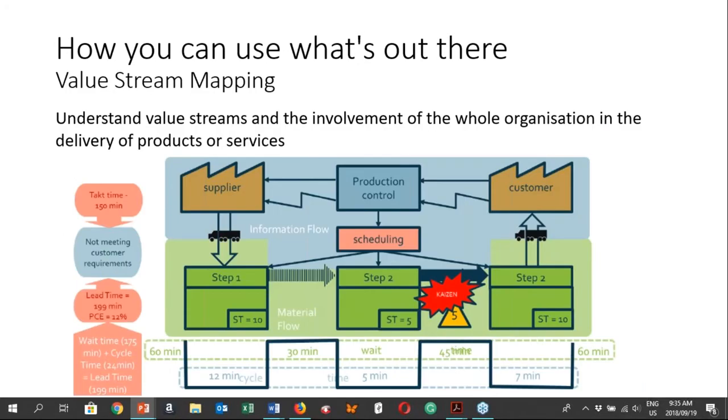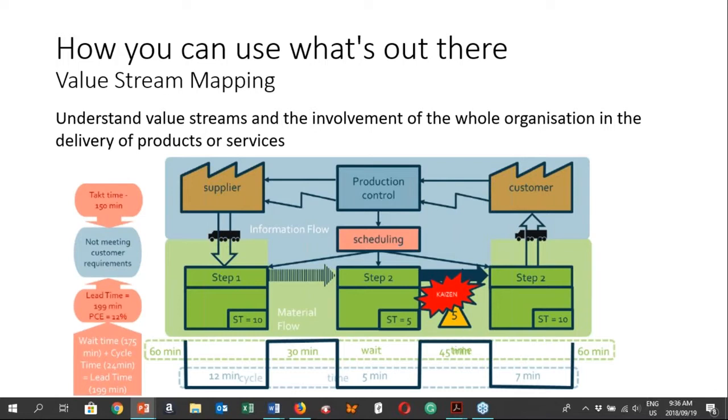Now let's quickly zoom into some of the physical tools that you may use. We've said that the value stream is important. So clearly, understanding value streams is really important for us. And we recommend that you do value stream mapping, but not for the reason that most people do value stream mapping. Most people do value stream mapping to identify areas of waste.